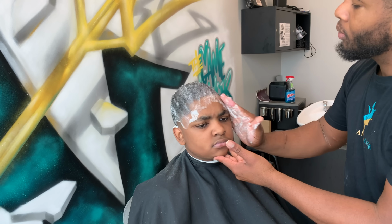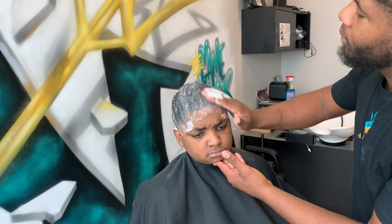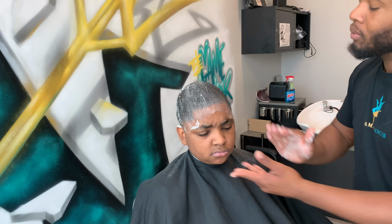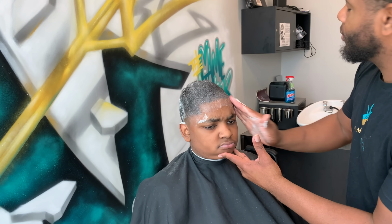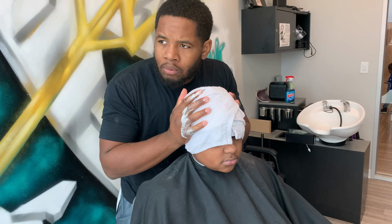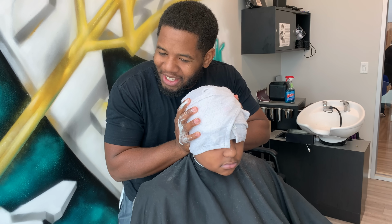The gel is weighted, so it actually helps lay the hair down as well. Then I put my warm rag, get a hot rag, put it in the oven or the microwave for about 15 to 30 seconds. Get it nice and hot, and that'll help me manipulate the hair as well. Remember, he hasn't had a haircut on top in 3 years, so there we go. Then wrap it, let it sit 15 to 20 seconds. Then after I press it, massage it in there,